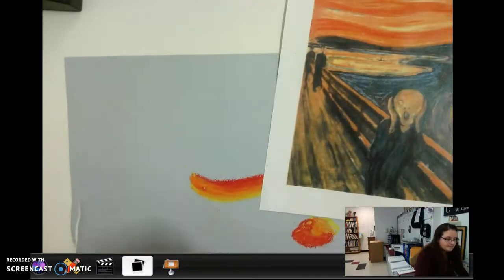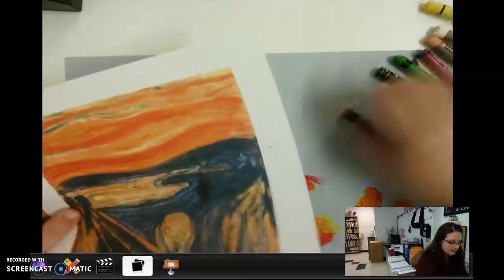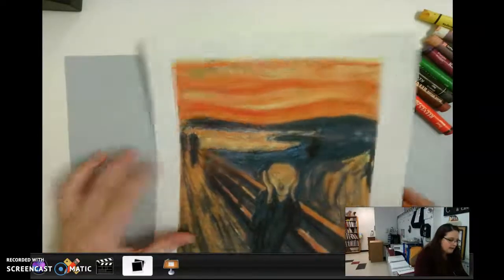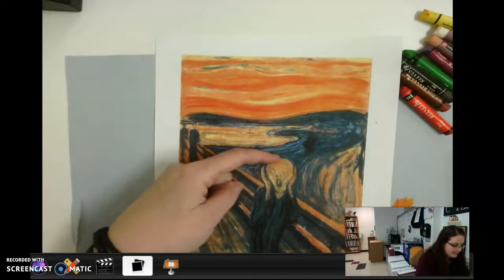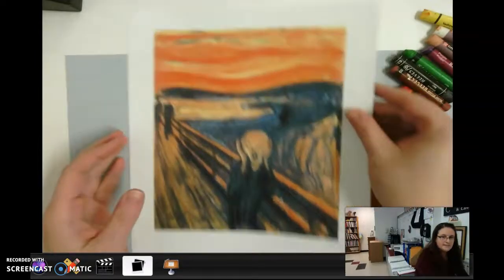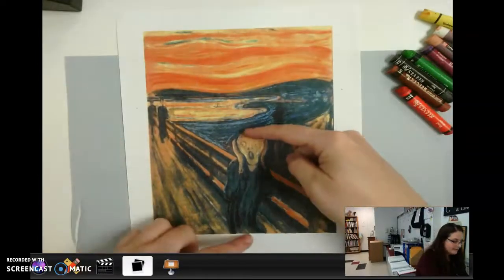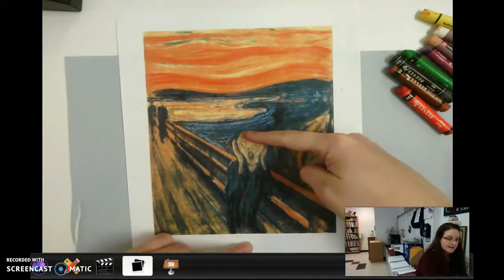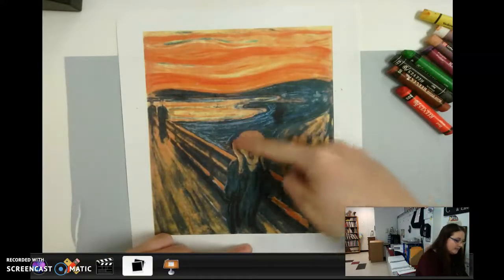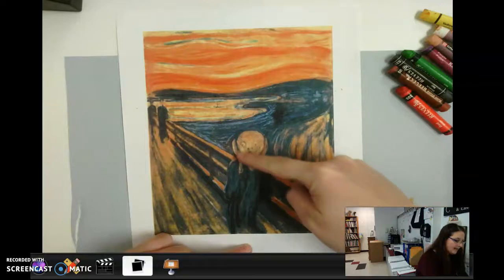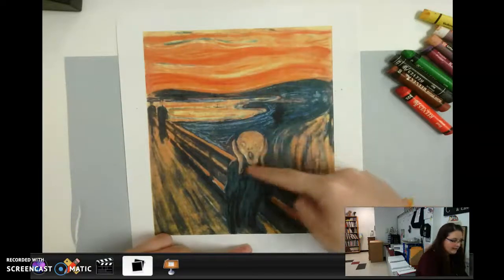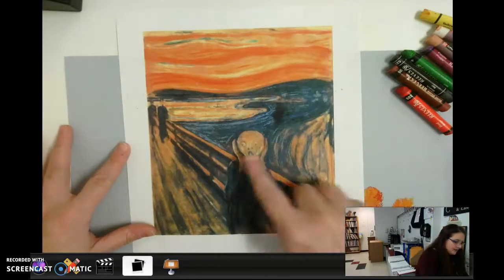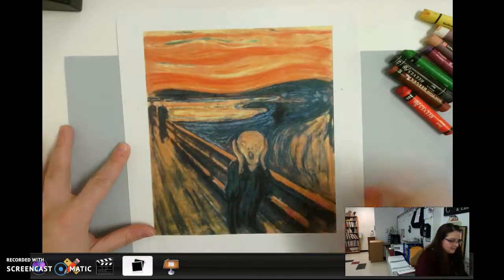When you're ready, you're going to start drawing this piece. What I recommend is, when you look at it, the top of the person's head is really in about the center of this piece. So if you figure out where the center of your paper is, then you know that's going to be the top of the head. And the head itself, if you start with a circle and then add a little bit of a cup on the bottom, or if you think of it like a light bulb, that's going to help you. Once you've created the body, which has a little bit of an S curve to it,